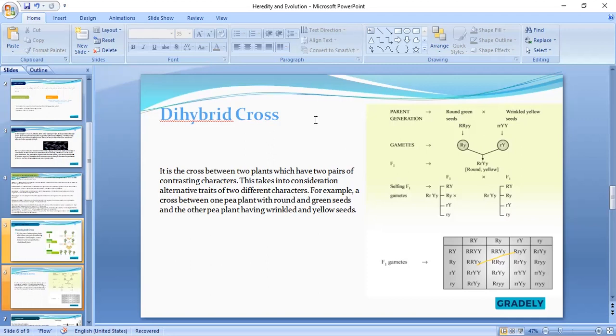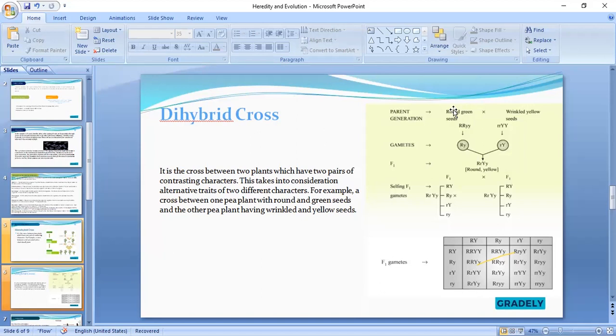16 offspring being produced. Now here, do you know the ratio that we use? They don't ask you what is the phenotype or genotype. What they ask is, what is the ratio of the dihybrid cross in the F2 generation? The ratio is usually 9:3:3:1. I said again, the ratio is usually 9:3:3:1, making it 9 plus 3, which is 12, 12 plus 3, which is 15, plus 1, which is what? 16.